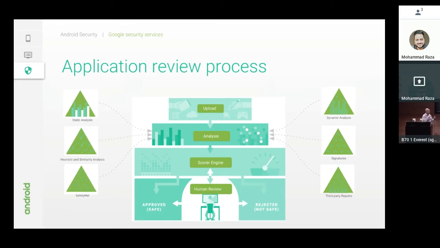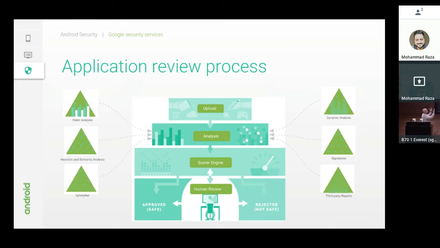So it's able to measure whether it's behaving badly or not. And I'm going to talk about SafetyNet on a slide coming up. And then third-party reports. The Google Play review process actually licenses third parties, other anti-malware companies, independent researchers, et cetera, in order to get those reports and be able to